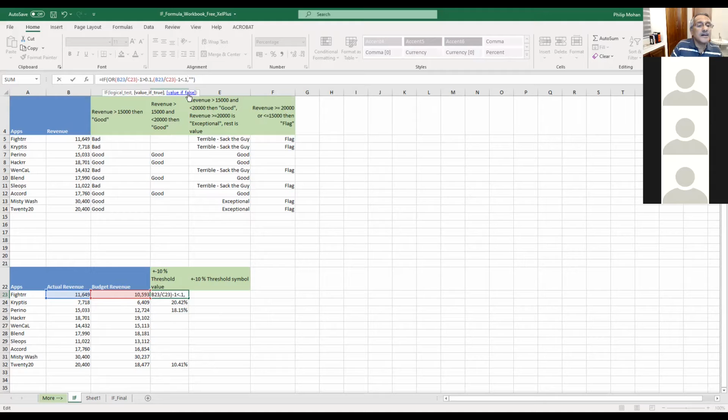Okay. Then close the bracket for the OR. Then we want to put the value, which is B23 divided by C23 minus 1, and as I said, I like to put it in brackets always. Otherwise, we put a null value. I think we're there.